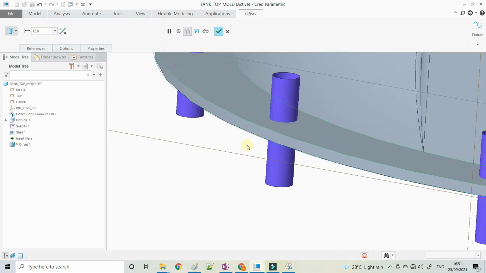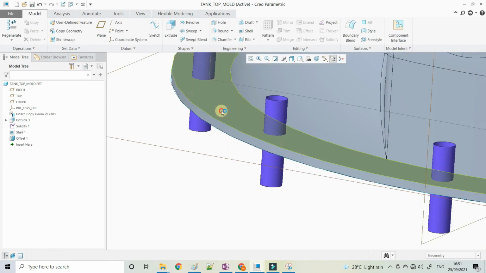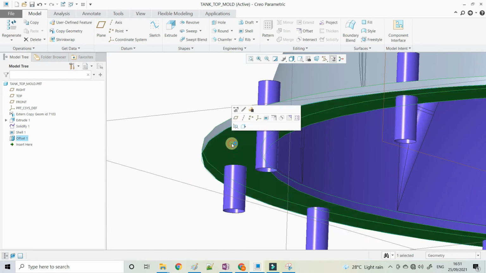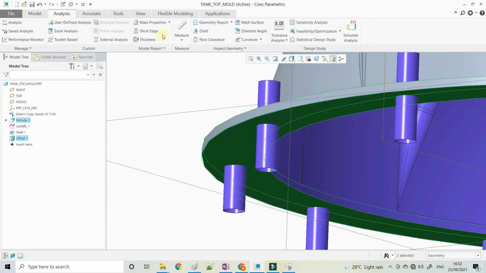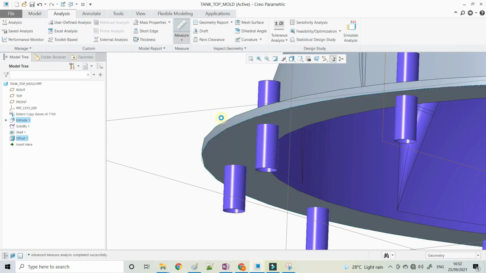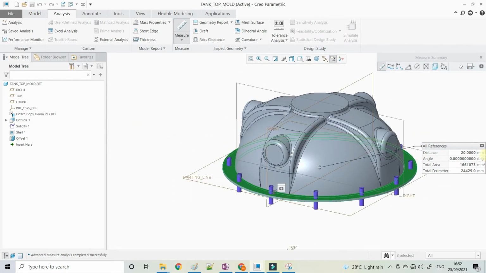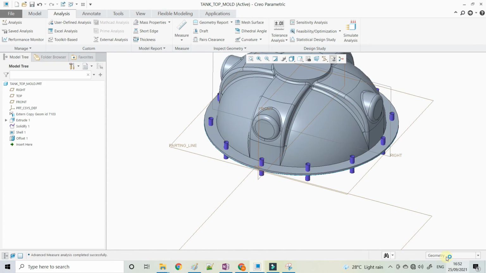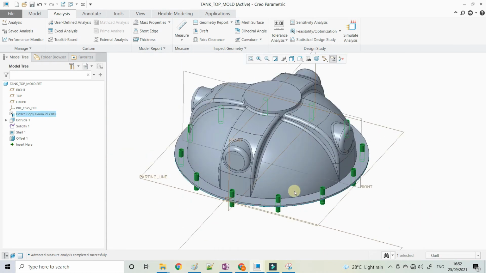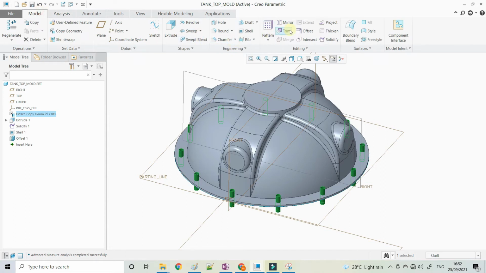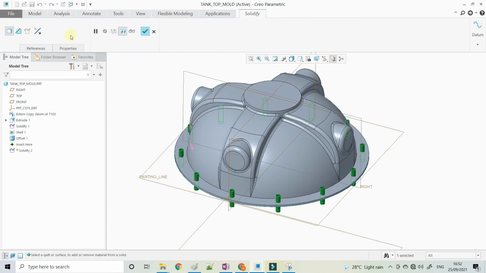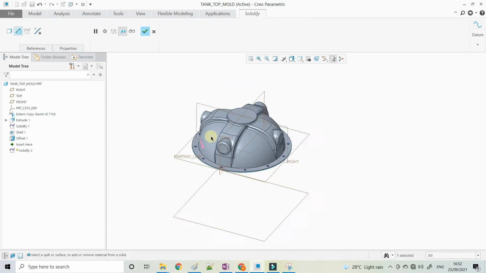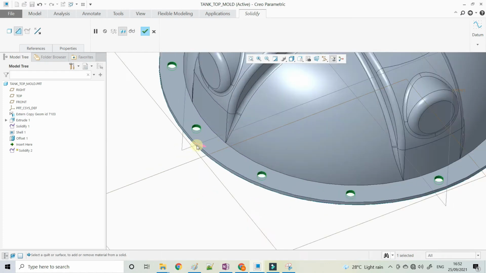So 8 and these 12 mm increases, that is, flange length is now 20. Now flange length is 20 and the mold thickness is 8. Here you can see that 20 is the flange length and the mold thickness is 8 mm. You also need not perform the offset. In the scale command also, you can give the variable thickness.